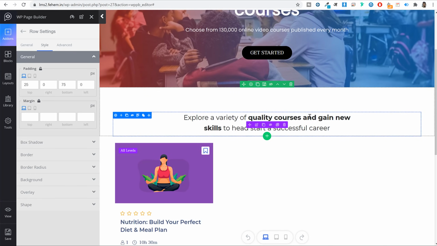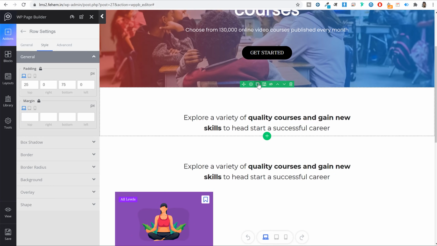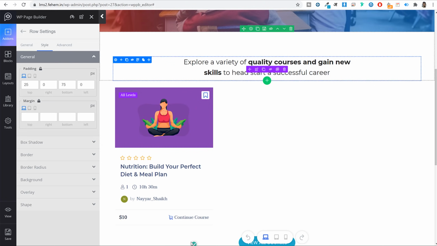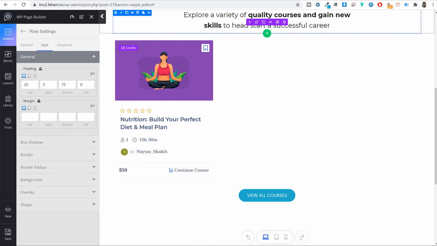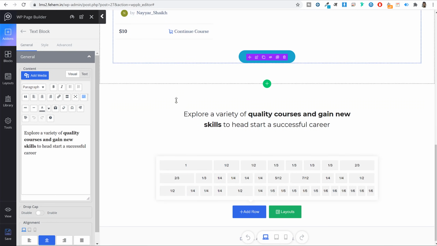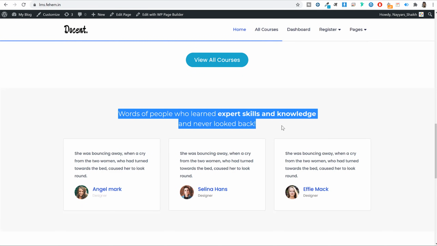Just to save some time, you can do one thing. You can copy this title section. Copy this thing. This row will be copied, and bring this newly copied row at the bottom like this. And now as you can see, this row is now added at the bottom. Now you just need to do one thing. You just need to change the title. Styling and everything is already done for you. So you just need to change the title.